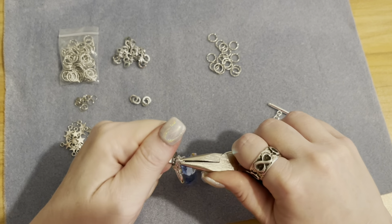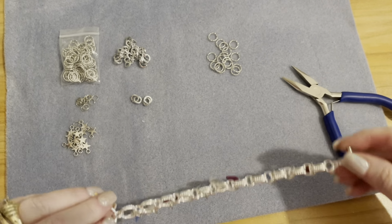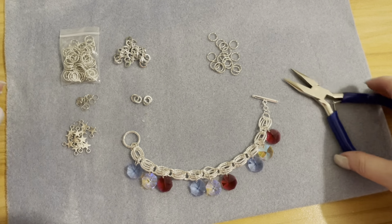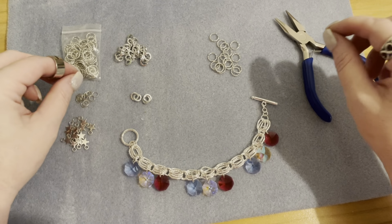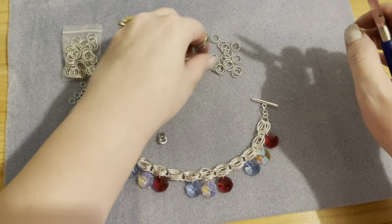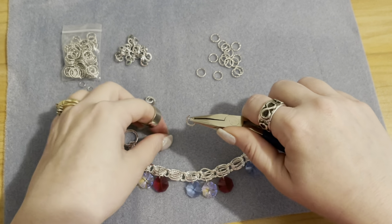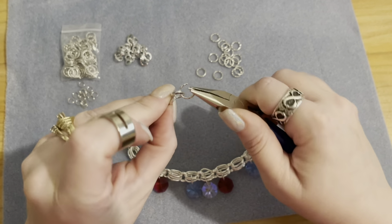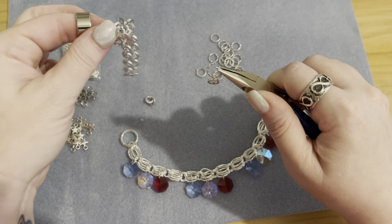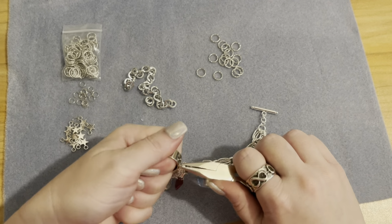Okay. Close up this last one. Now, that's pretty all on its own. It really, really is. But let me see how I'm going to do these stars. Let me try, because I didn't figure this out in advance. Let's see. If I put this here, I just have two little links of that Rolo chain. And let me put that on to here. I think that's going to be...